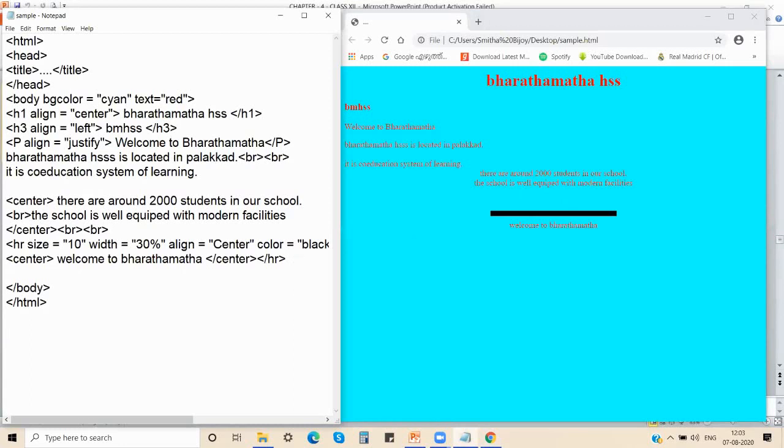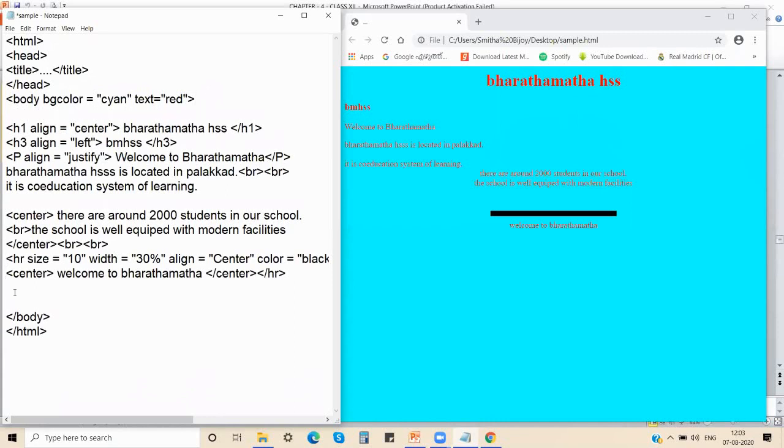The next thing we saw was various formatting tags. I'll come and show you here itself. Simple ways we'll see and then we'll go on. So the first one is the B tag.